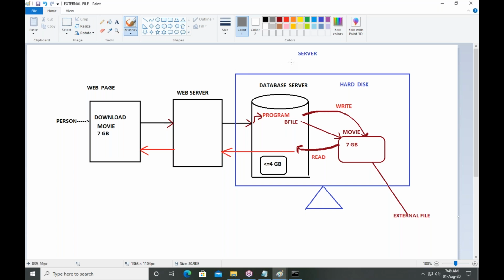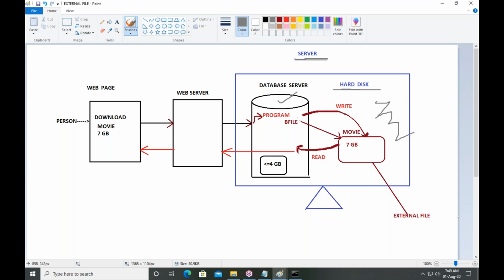Listen carefully, guys. This is a server. In the server system, we have a database. A database occupies some hard disk space. It is the complete system, right? Oracle occupies some space. The remaining space is empty. This is empty space in the hard disk.